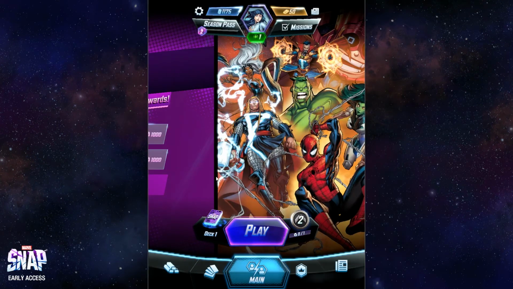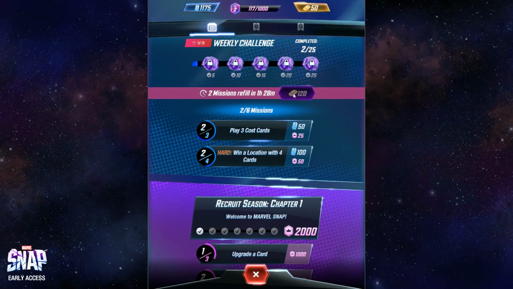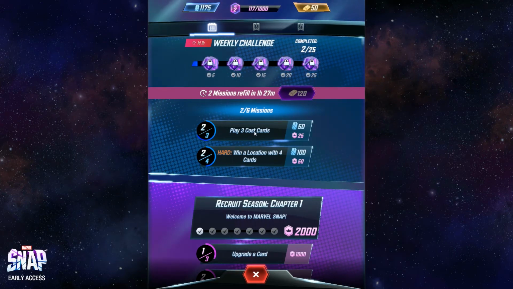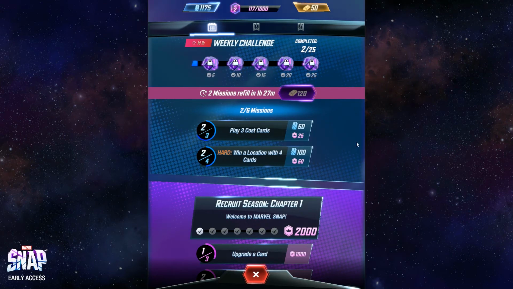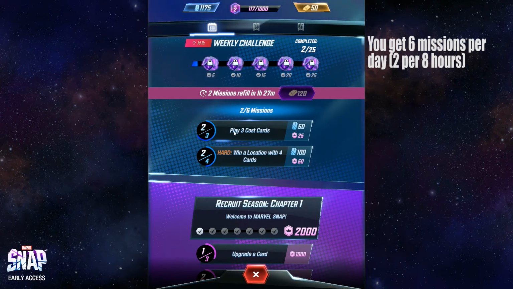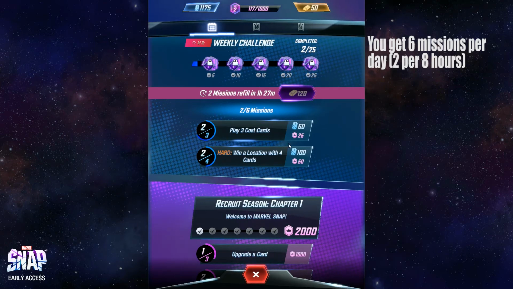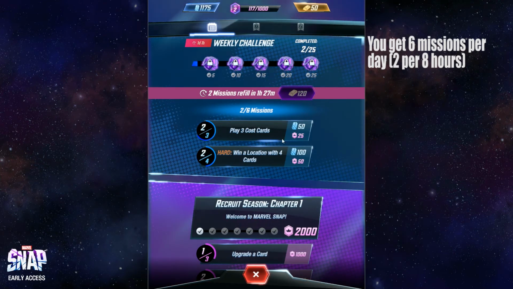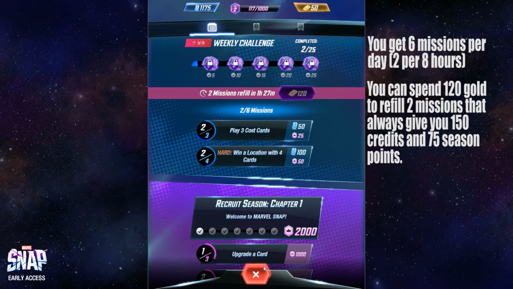or if you go back to your mission log up here, you can refill 2 missions for 120 gold. And that means, yeah, you get 2 missions every day. Well, 6 missions per day, but it's like every 8 hours or so. So over the course of the day, you'll get 3 chunks of 2 missions. And these are always an easy one and a hard one. And they always reward you with 50 credits, 25 season points for the easy one, and then 100 credits and 50 season points for the harder one. So it costs 120 gold to get 2 of these back, which means 120 gold will give you 150 credits and 75 season points. But if I go to the shop,